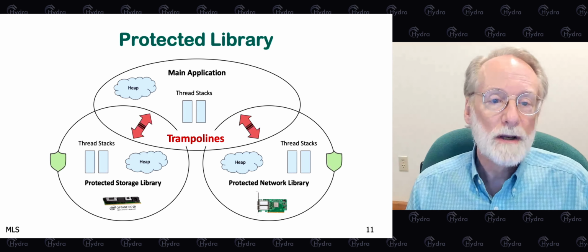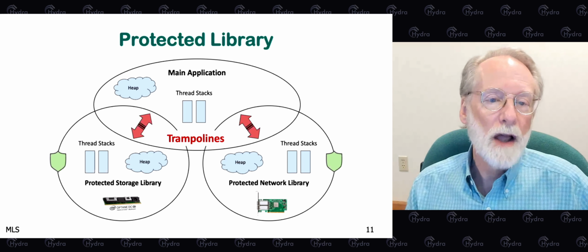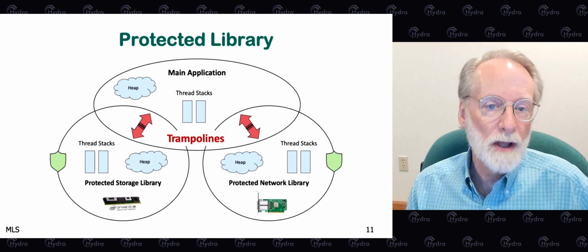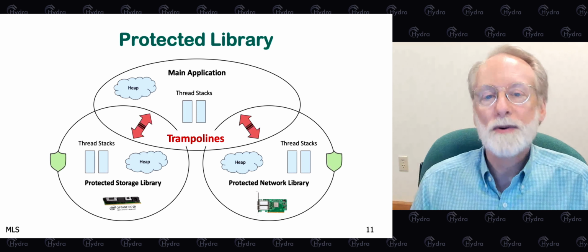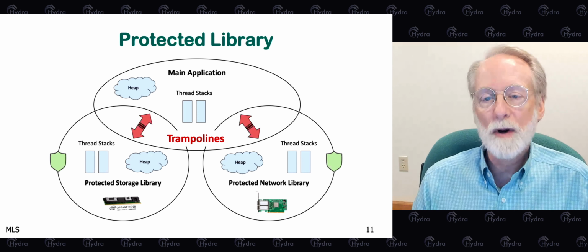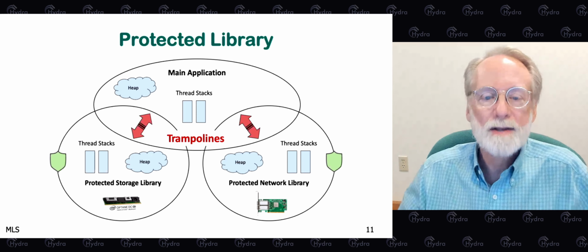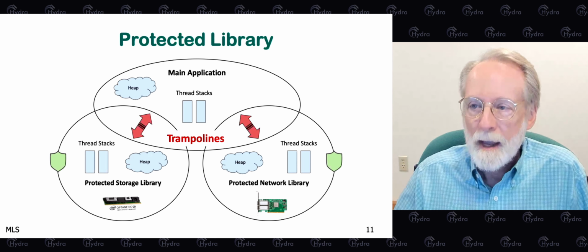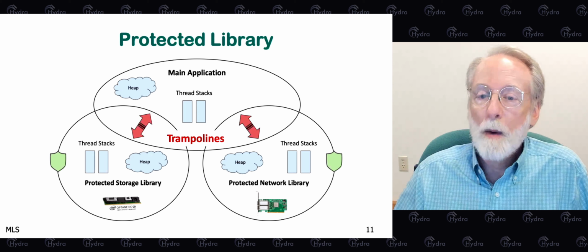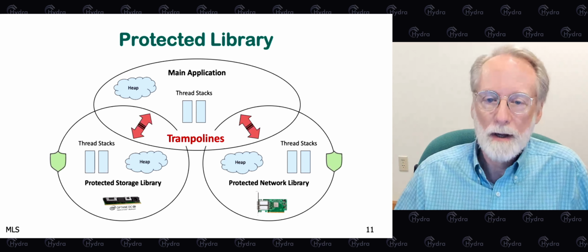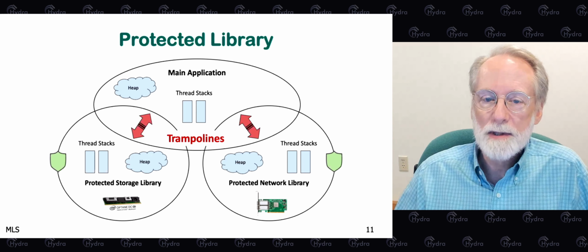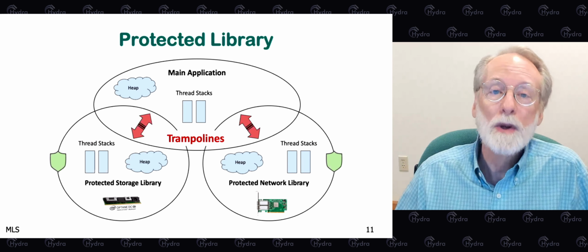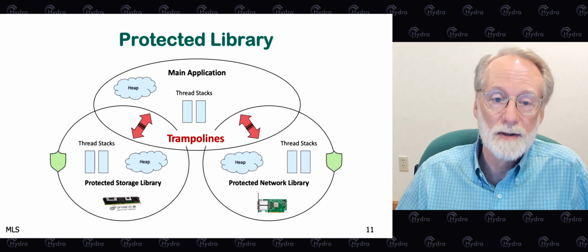The application makes subroutine calls into the libraries and executes code of the libraries using its own threads. So no context switch is required in order to execute network code or storage code in this picture. The idea is also that when executing the library code, we should be able to access the resources. But when we're executing code in the main application, we should not be able to access the resources, and that